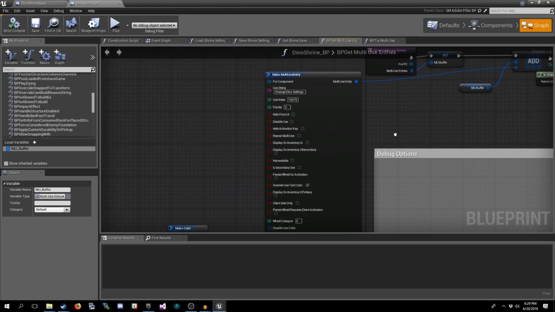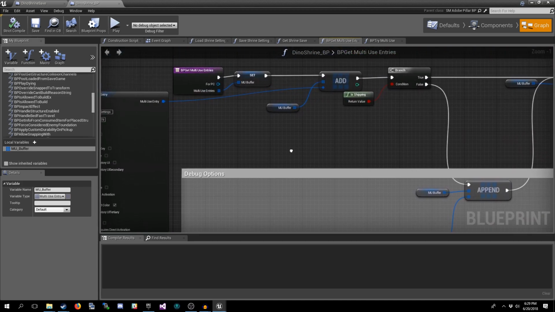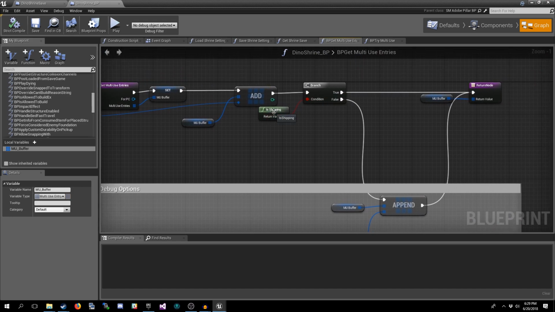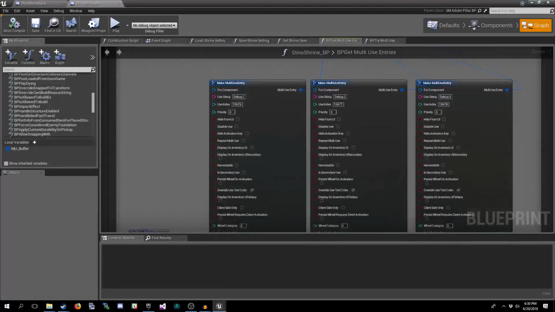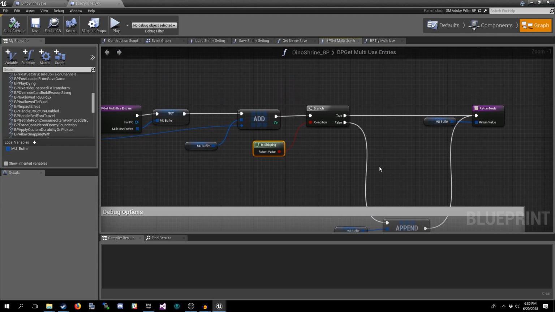It's pretty malleable. Now, after that, I do a branch, and this is what I was talking about with debug code. Okay, this is shipping function. This is a pure function, and it returns bool that in the dev kit it returns false. In the live game, it returns true. So in the dev kit, if we run this code, it'll come down this branch, and we'll see these other options appear. If it's in the live game, it'll skip them, and we won't see them.